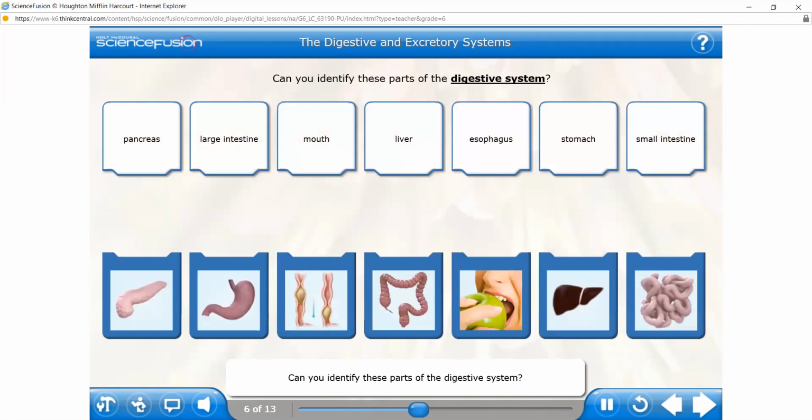Can you identify these parts of the digestive system? Drag to the correct location. Now this is your turn to do it. I'll call out your name and you will help me out with that, okay? All right, now